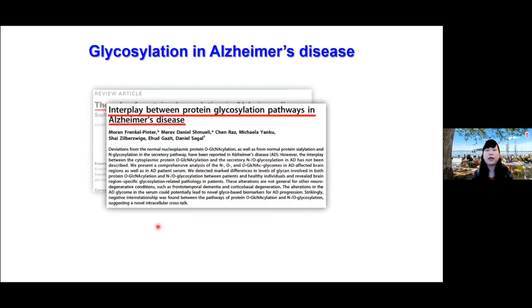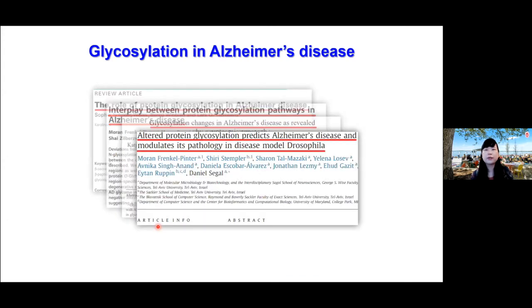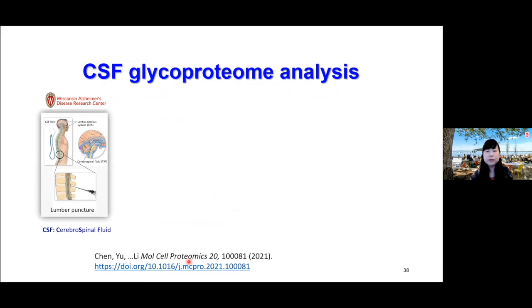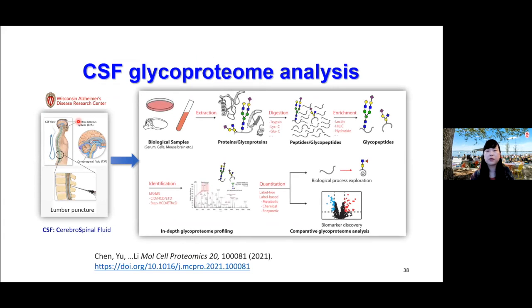The glycosylation in Alzheimer's disease, in particular, we want to use our DiLeu tags to look at the glycoproteome. So here, the protein glycosylation has 3 different levels: changes in either protein abundance or the glycosite occupancy or these glycoform changes at site-specific or microheterogeneity fashion. So in collaboration with Wisconsin ADRC, we have developed this integrated analytical workflow where we can look at the glycoproteome